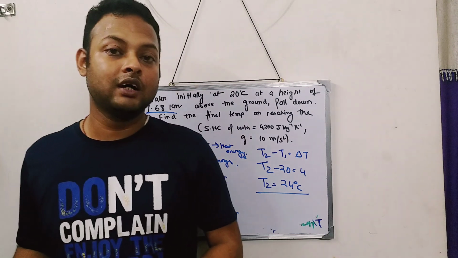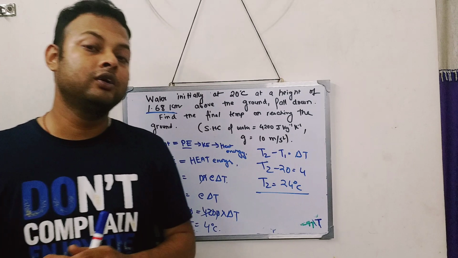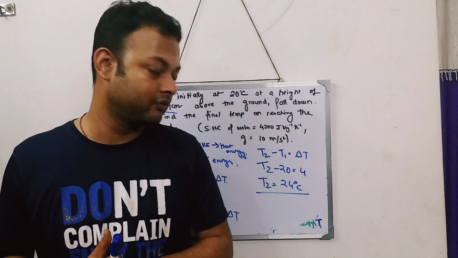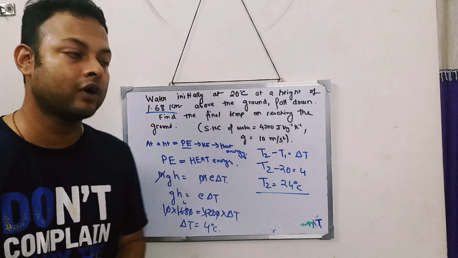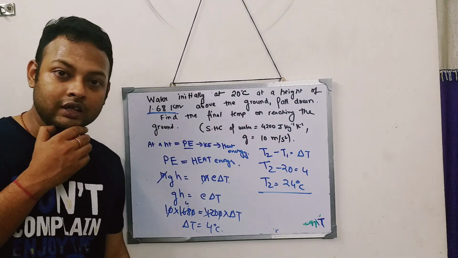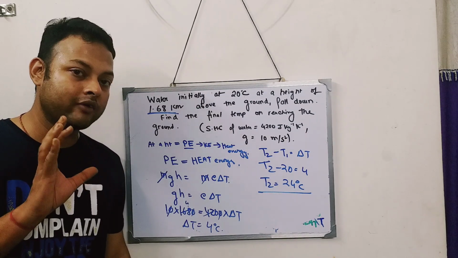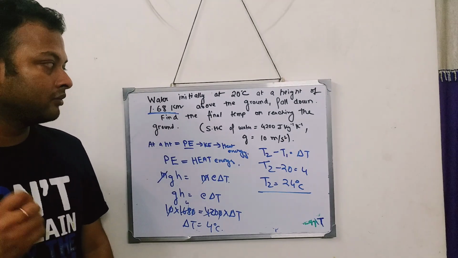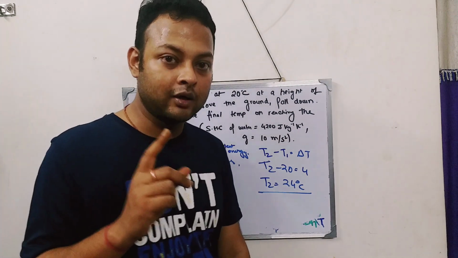Now the next sum is going to be a different sum, because that will be the last sum of this first part, and that sum has a lot of weightage. You have to have a lot of patience in understanding that sum also. I will be doing my best, but try to have patience in understanding the sum. Okay, so I will do the next sum, which is example 8 of your book.